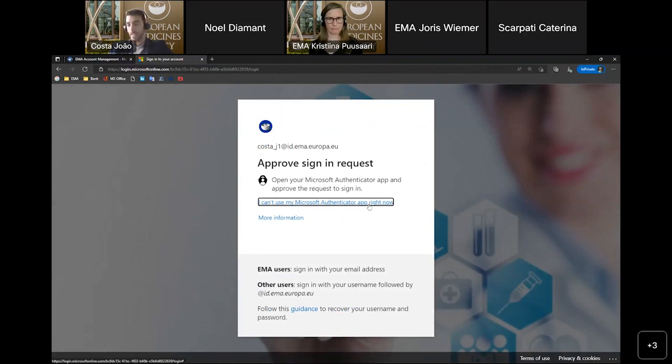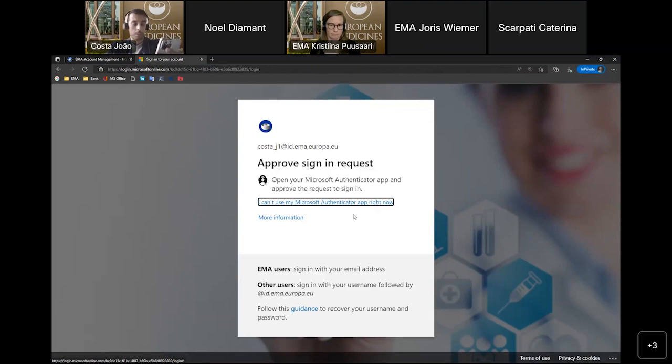That is an app that you would need to install on your mobile phone, do the sign-in there, and then every time that you try to log in, which is now my case, you receive a notification on your phone, and you basically need to approve or prove that someone with your account is trying to access the system, which I will approve right now on my phone. So I will say approve.